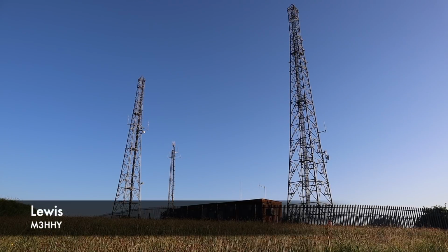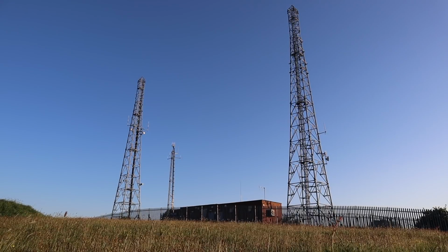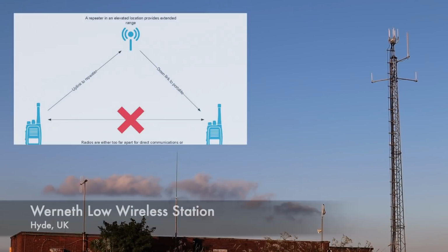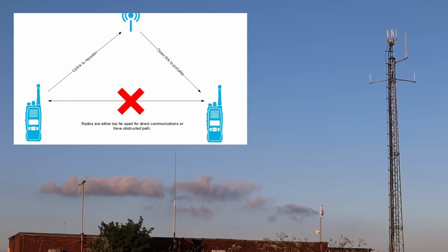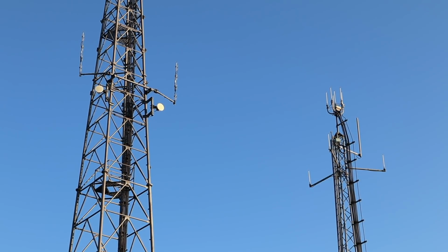A repeater is a piece of communications equipment which can receive a signal on one frequency and simultaneously transmit it out on another frequency. This means a low-power transmitter in someone's car or a handheld radio can transmit on a repeater's input channel, and the signal will be reproduced on the repeater's output channel, increasing the radio's effective transmit and